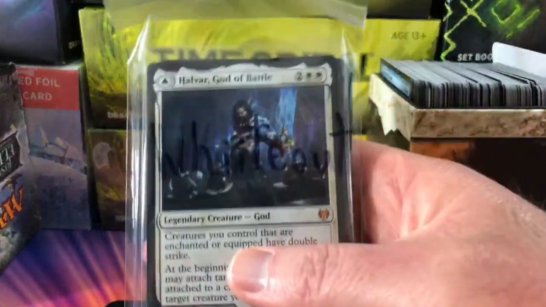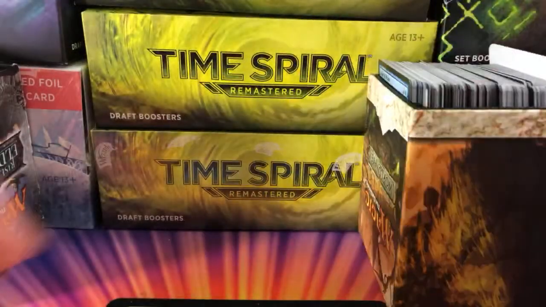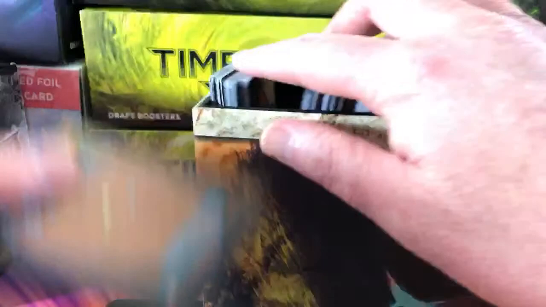And next up we have Whiteout. I think that's how you pronounce it. Let's see what we can find here. That's 5 and...